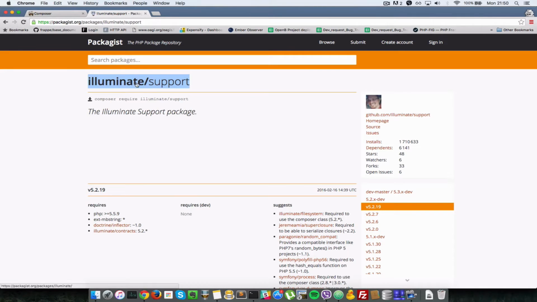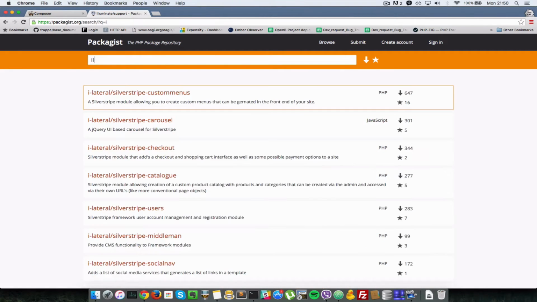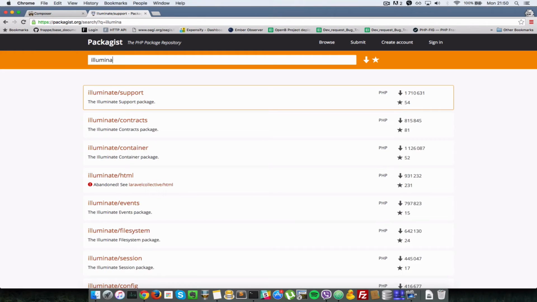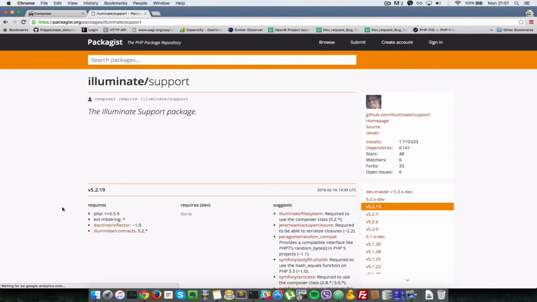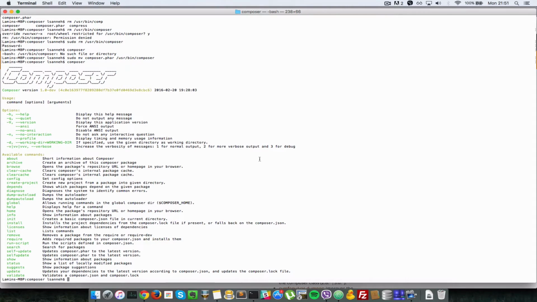There are a lot of packages that live in Illuminate. So if you type Illuminate, as you can see, there are Illuminate contracts, Illuminate container, Illuminate database. These are all Laravel specific, but the one that I just want to show in this tutorial is this one. So after knowing the name, which is illuminate/support, to install that, what you want to do is, if you are